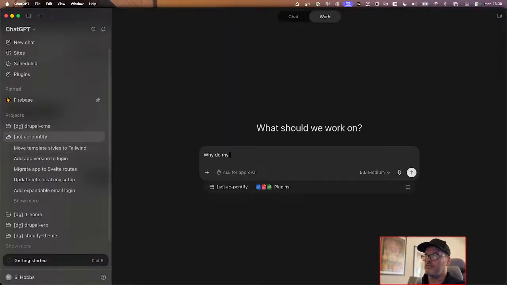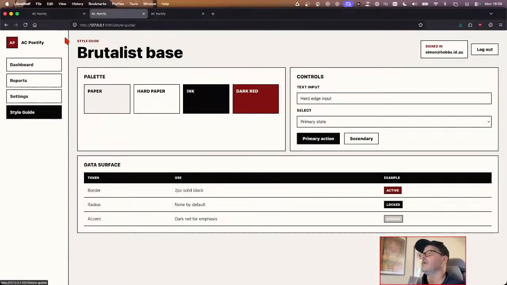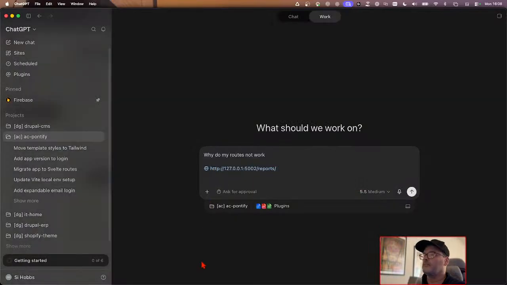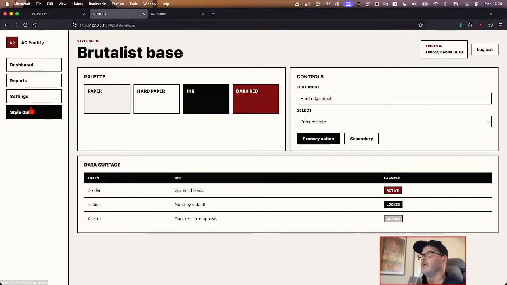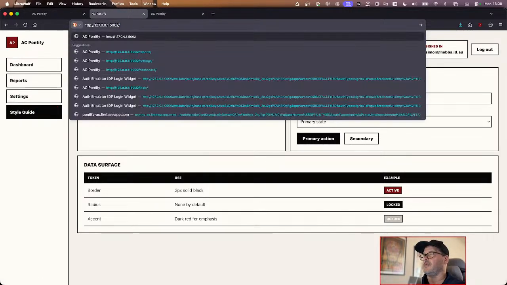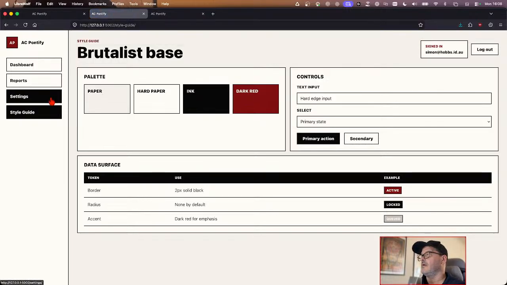Why do my routes not work? So it's not actually switching. If I actually just go reports in the UI, oh, it's pushing me back. Okay. It's pushing me back to the style guide